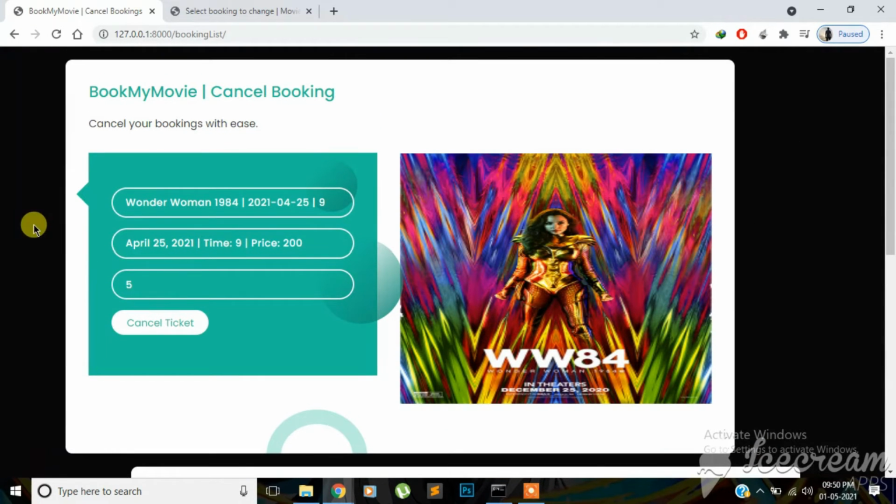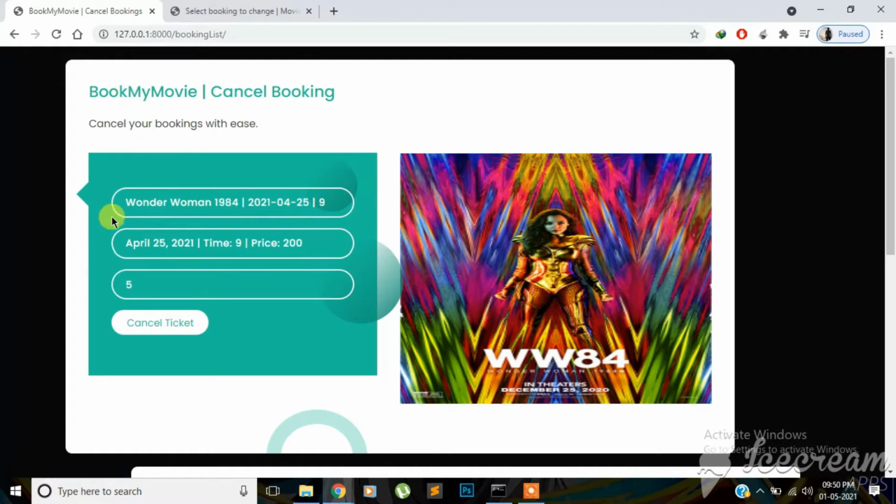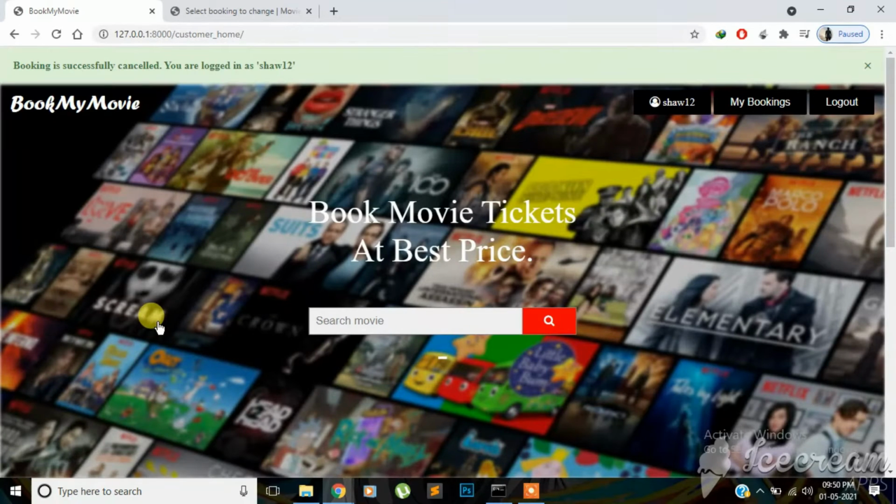All this data is fetched from the database, from the booking table. If the user wants to cancel this booking, he just has to click on the cancel button, and once he has clicked, he will get a message: booking is successfully cancelled. So the booking is